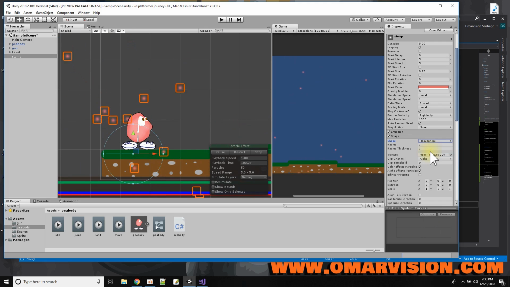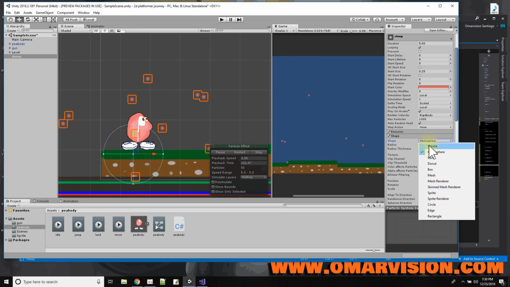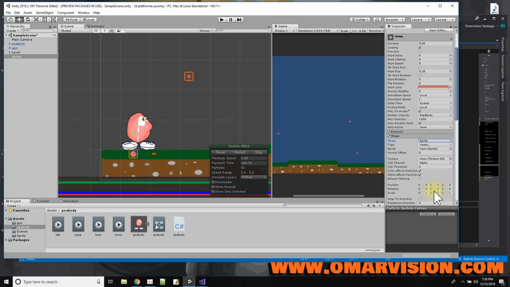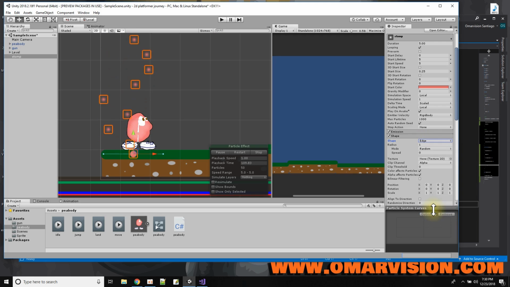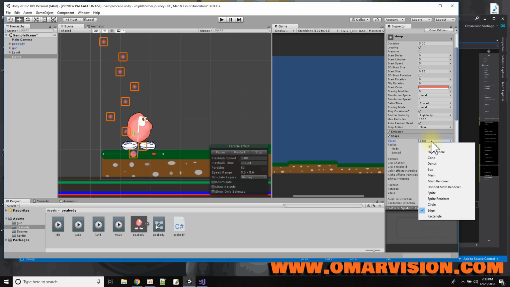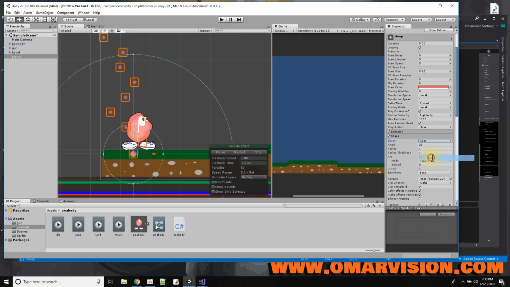hemisphere? What is that like? No, that's not what I want. A sphere? No. A sprite? Seems to just originate from the spot. Mesh? I don't have any 3D mesh here. How about an edge? Edge. No. Maybe I stick with cone, but